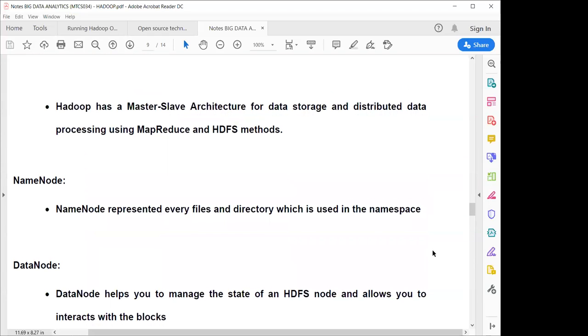Now, Hadoop has a master-slave architecture, as we have already discussed: there is one node that is the master and there are more nodes that can be slaves. It is a distributed system where we can install Hadoop on multiple systems. All those systems' computing power helps the Hadoop system to perform big data processing. So it is a very fast and optimized way to process our data.